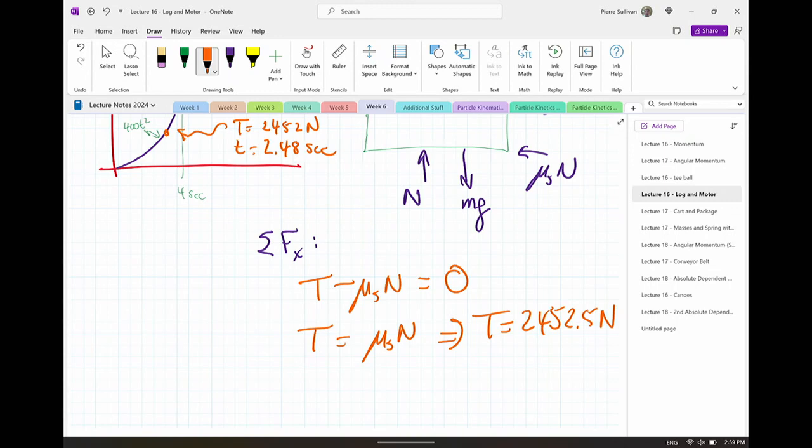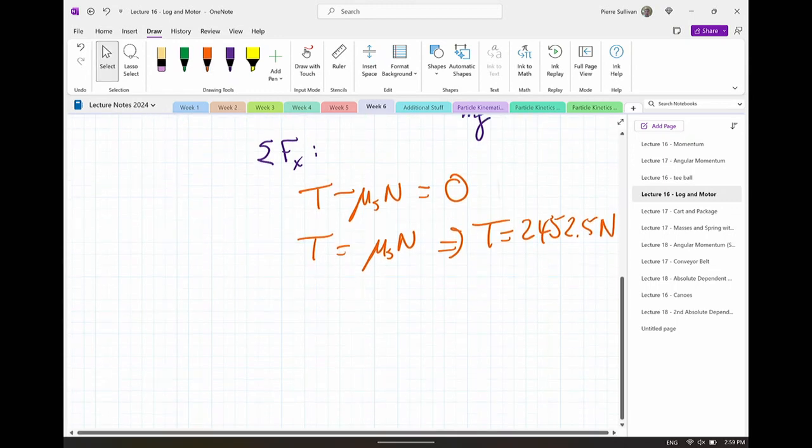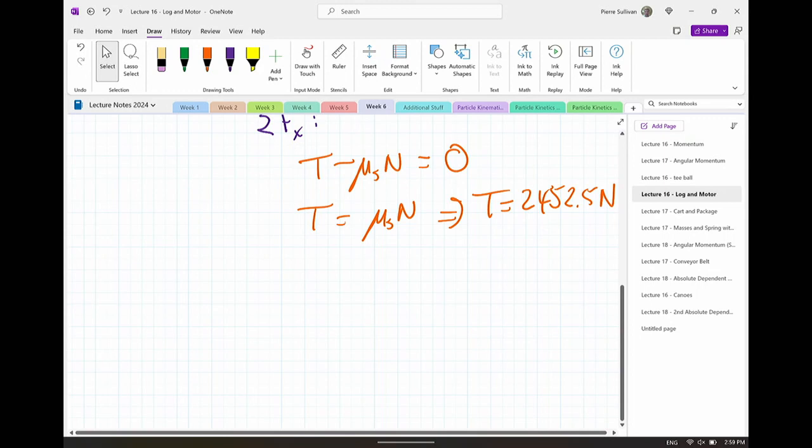So now I know that I will be pulling on the log for 2.5 seconds before I'll see any motion. And afterwards, I will not be at my maximum value of force for another 1.5 seconds, 1.52 seconds. So if I stop with this,